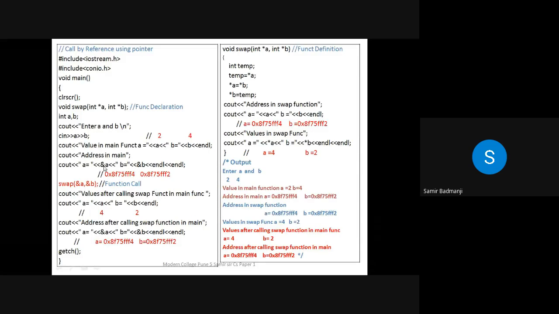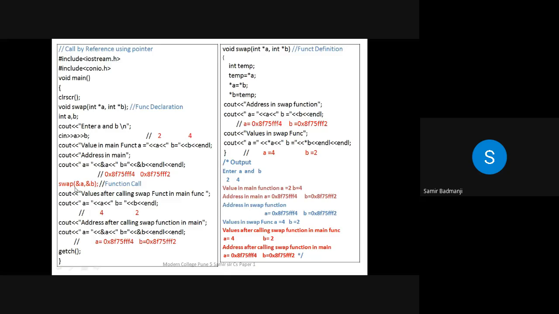Now where is that address stored? That is stored in hexadecimal numbers. So if you write ampersand in front of that variable, you will get the address. Suppose this is an address; it will vary from computer to computer. If you try this program at your home, maybe this address will be different for your computer. Now see, this is the hexadecimal address for a and this is the hexadecimal address for b. So the values are 2 and 4, and the addresses of a and b are these two. You see I have shown it in brown color. In the main function, whenever you enter two numbers and we print the values and the addresses of those variables, it will be printed like this.